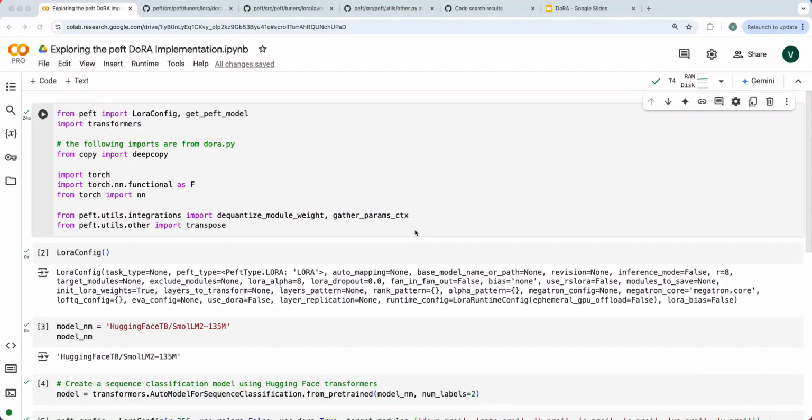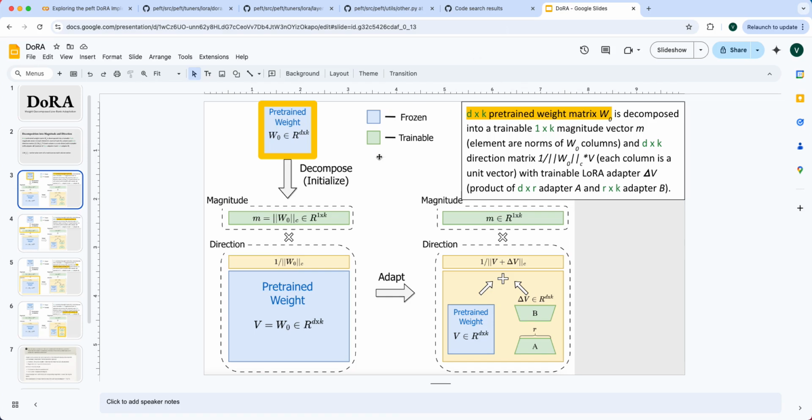So in this video, I'm going to be exploring the PEFT DoRA implementation. And I've gone through this code a couple of times, so it should be pretty smooth, hopefully. But I'm still wrapping my head around how DoRA is implemented, so it might be a little rough. I'm also working on a research paper summary video for DoRA, and so I'm going to start with the main